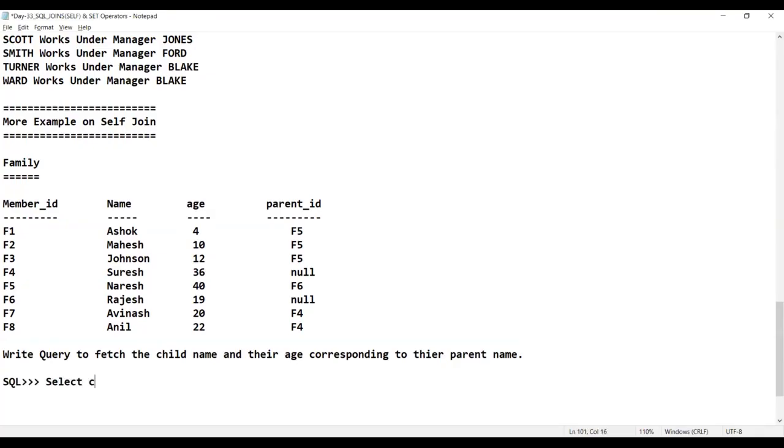Select c.name, select star from two tables, that is the family table and the child table, sir. Child name to display, and left join of the family table only for displaying the parent name, that is F2, sir. On condition F1 dot parent underscore ID equals F2 dot member underscore ID, and then order by